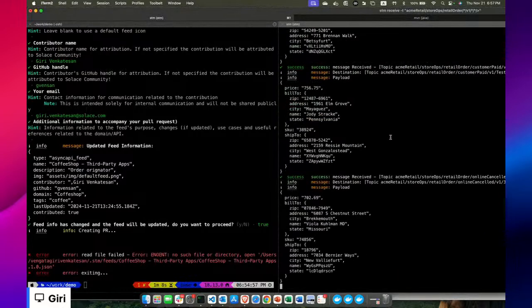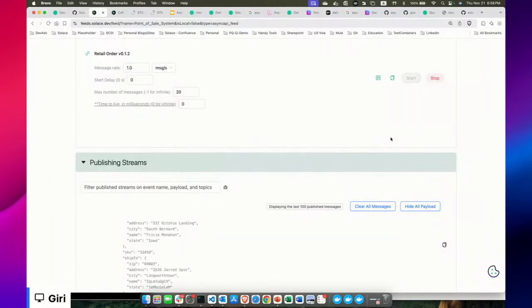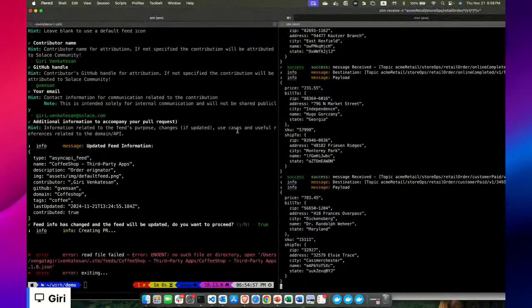So I can change the rate, 100 messages per second to 1,000 messages per second, and then interval and so on, right? So what we're looking at is from async API feed, direct async API document, we created a feed, and from the feed using the STM construct, we can stream events. And to make it look more like a real world, we have facility to set up data rules, and there we go. We haven't written a thing as UI,